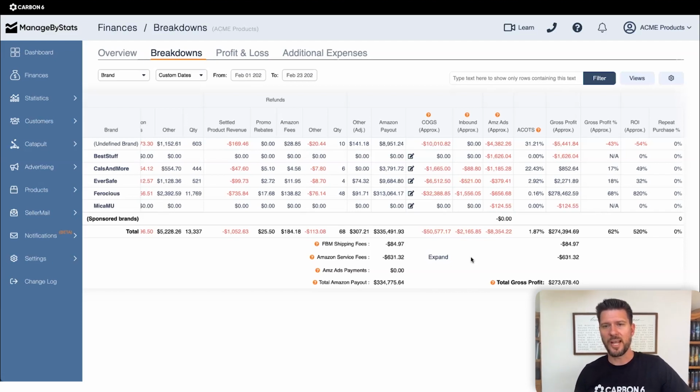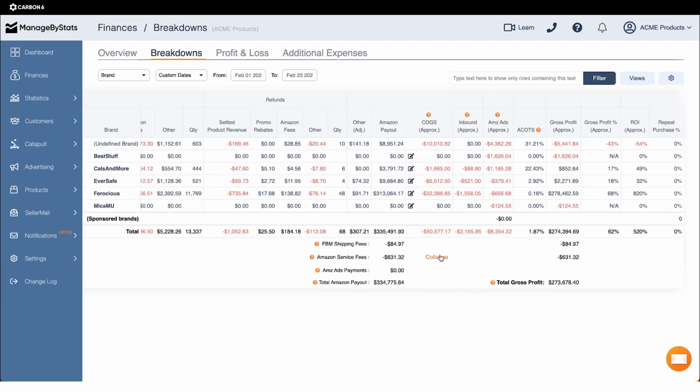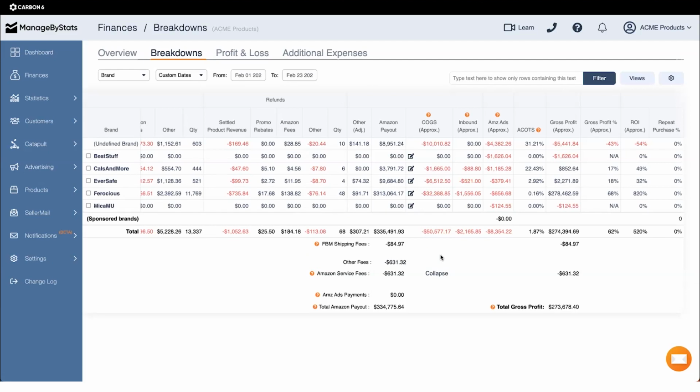This will help you understand all the different things that Amazon's taking from each of your orders, as well as any other fees or things that they're taking out of your payouts. So it's a really granular view and really helps sellers see a to-the-penny matchup of what products are doing good, which ones are not, and why they are maybe losing a bit more of the money than they thought they would be. So very valuable tool here.